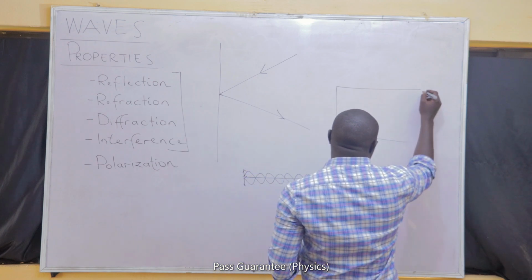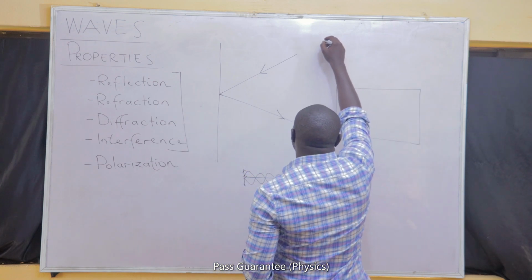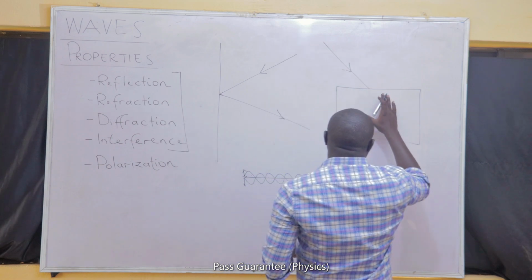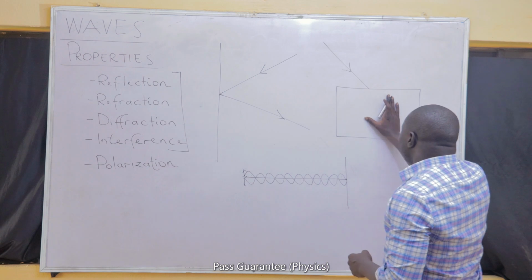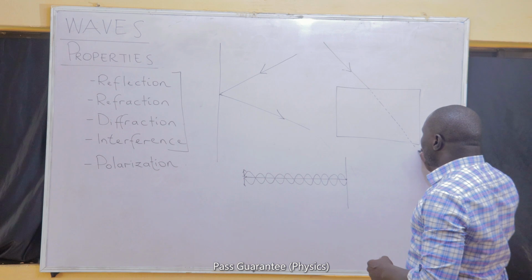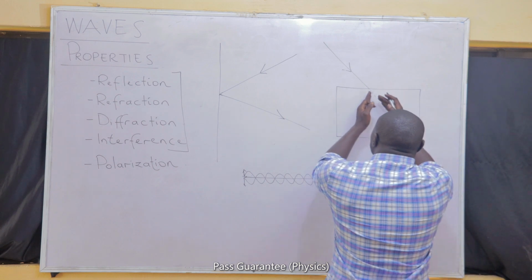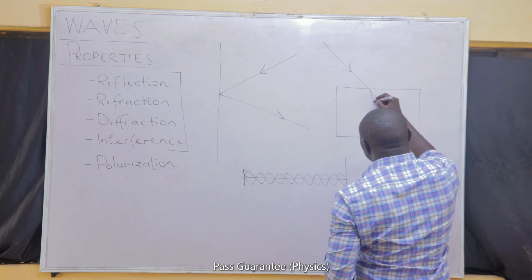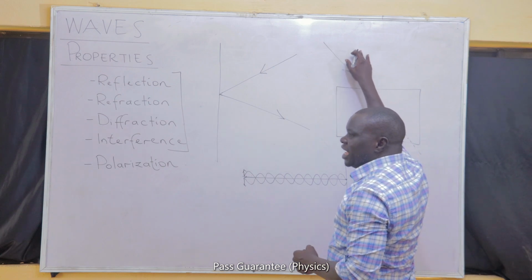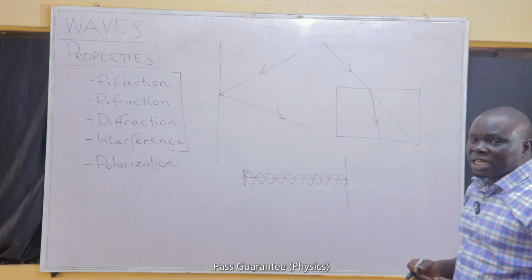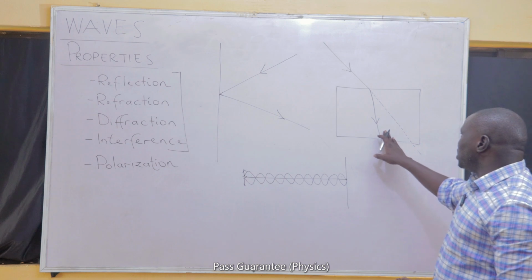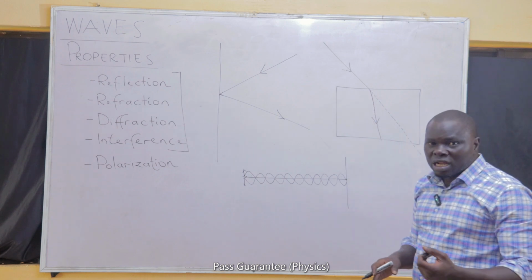A very good example: if we have light coming to a surface, all the while the light was traveling in air, when it gets to a glass surface, let's assume that this is glass, it is not going to continue in that same form that it was traveling. Its direction will bend a little. If its direction bends, we also believe that the speed in glass will not be the same as the speed in air. The speed in air is about 300 million meters per second, but the speed in glass will be a little bit lower than that.